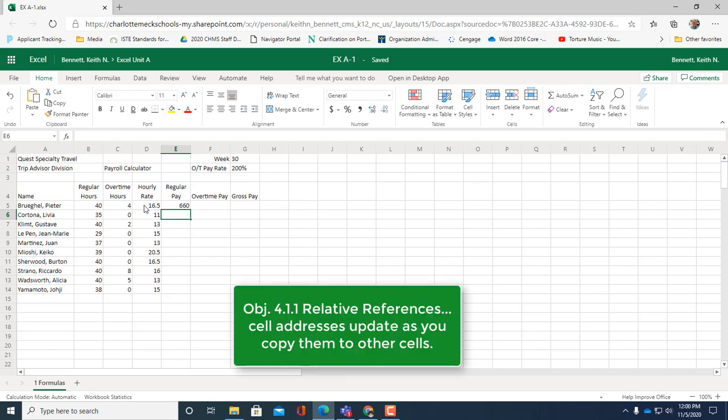So basically it's equals B5 times D5, and if you hit enter, we'll get a total of 660. Now, the next thing we're going to do is we're going to put in another formula that